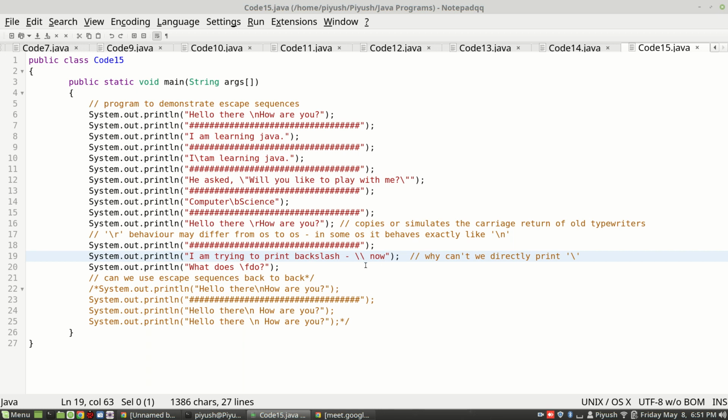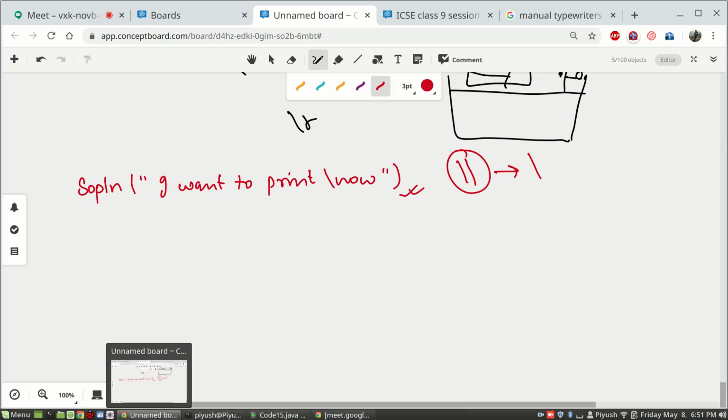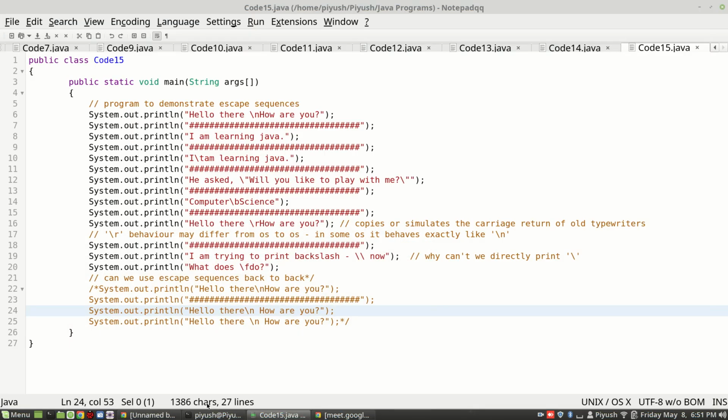Because if you use only a single backslash, it will start expecting some matching escape sequence. So therefore, it is not possible. Now, in our list, one more is there. We'll come to that.